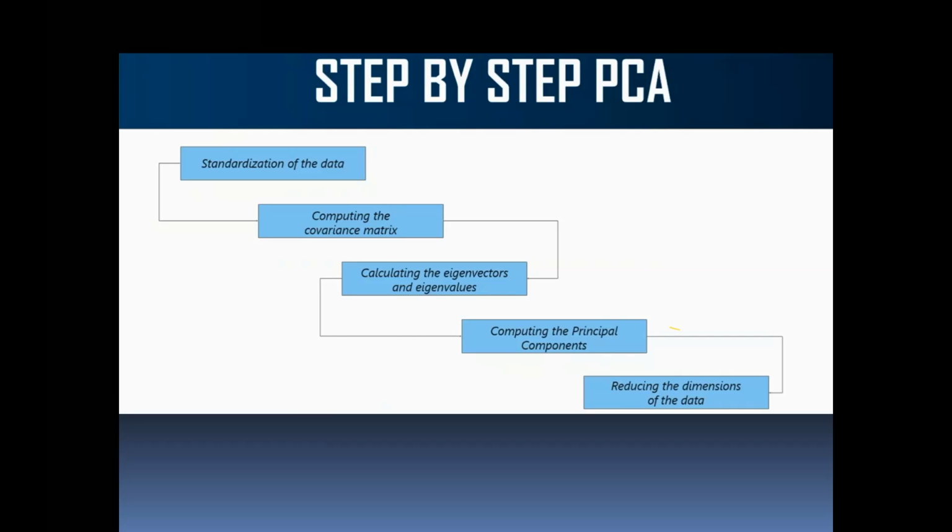After we standardize the data, we have to compute the covariance matrix of the data. What exactly does the covariance matrix do? We try to identify the relationship between the existing features. That is the role of covariance. What about correlation? Correlation also tries to identify the relation, but the key point is that correlation tells about the direction as well as the magnitude, in which direction the data is attached highly and what the magnitude of the